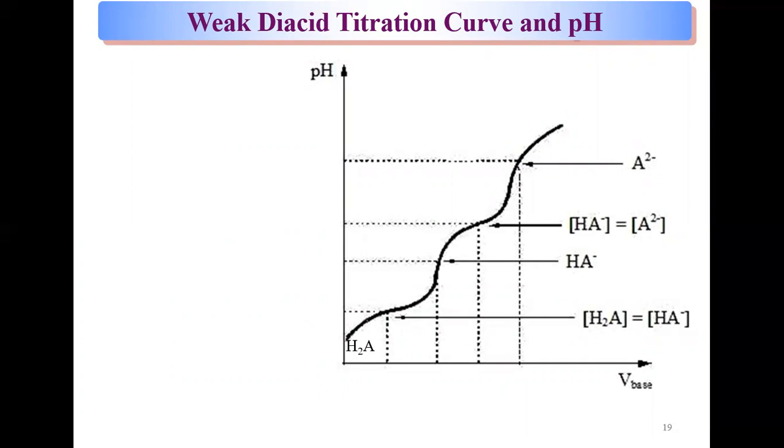Okay, we're just gonna detail some of the graph of diacids. The first thing you should notice is indeed this is an acid titration because we start off with a low pH. Then we have two rises in the pH value. So this is the first rise at the first equivalence point, and we have here a second rise of the pH at the second equivalence point. So this is a diacid